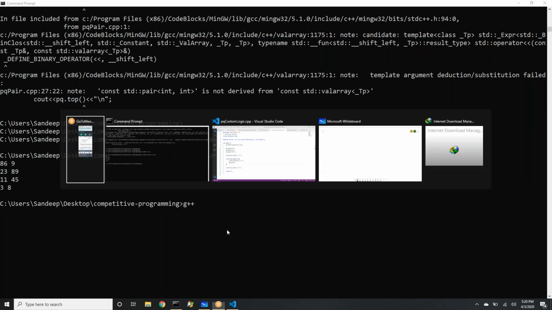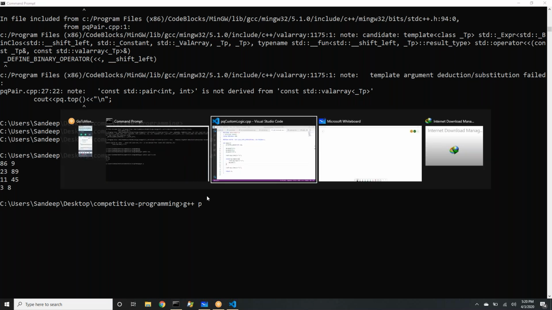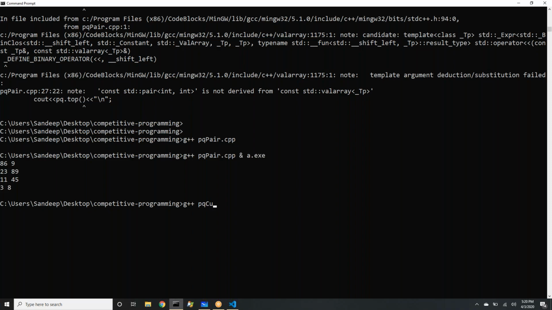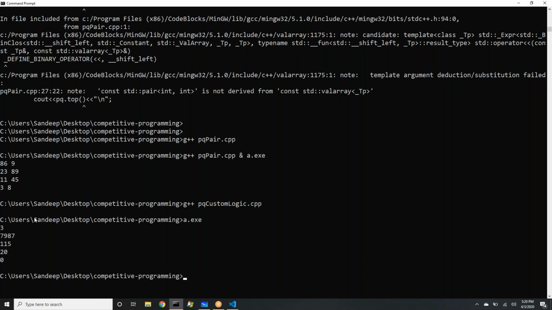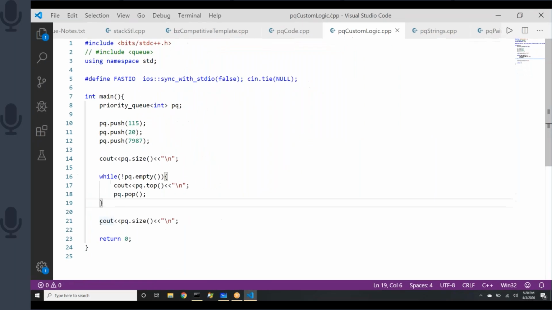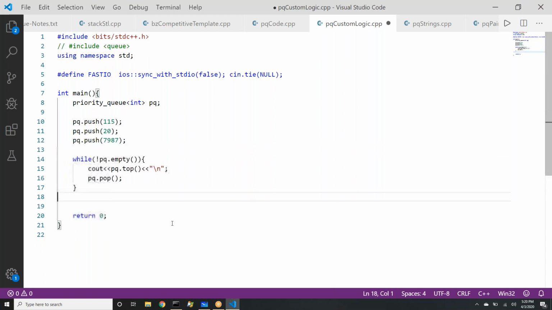0 will not come, right? So what is the name of the file that I gave? PQ custom logic. Yeah. First I'll go with PQ custom logic, compile it, got compiled, run it. So this is what we saw. Oh, 0 is also coming. Sorry, I do not want these lines to trouble us now. Once we have seen them, you are right, Koteshwar. This will come. So yeah, in this the output will be in reverse order. That is what we know we will get.